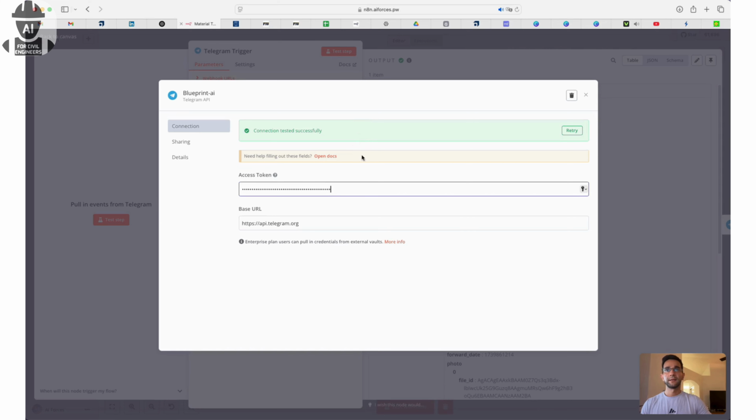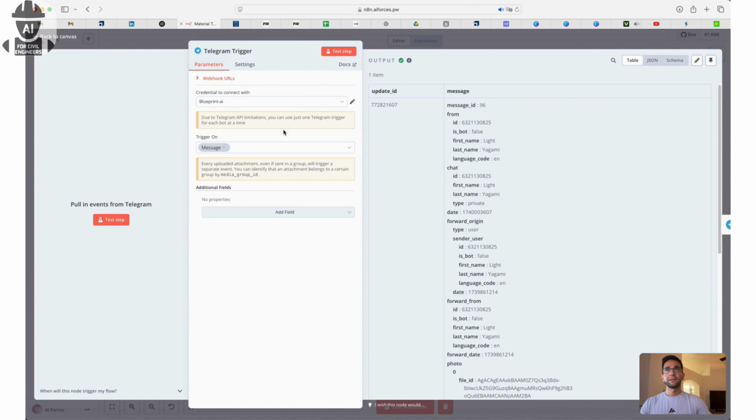So this is basically my API for Telegram, and that token. I renamed it to Blueprint AI, so that I can distinguish it from the previous one that I put as Cranny. Once you did that, the trigger for your Telegram should be message. Whenever you message your Telegram application or that bot that you just created, the Blueprint AI, then it will